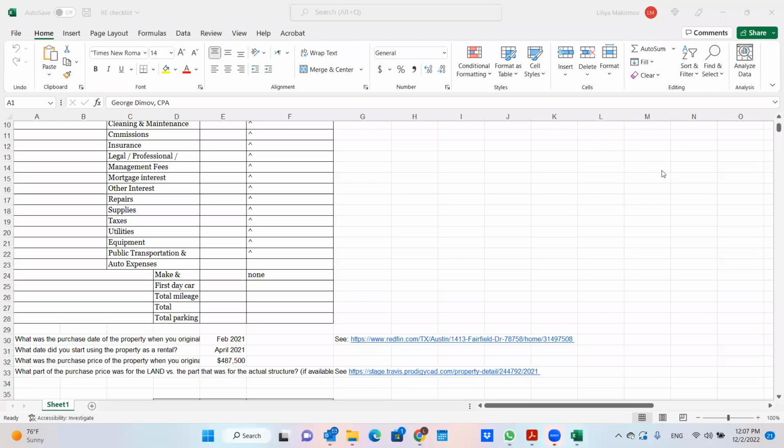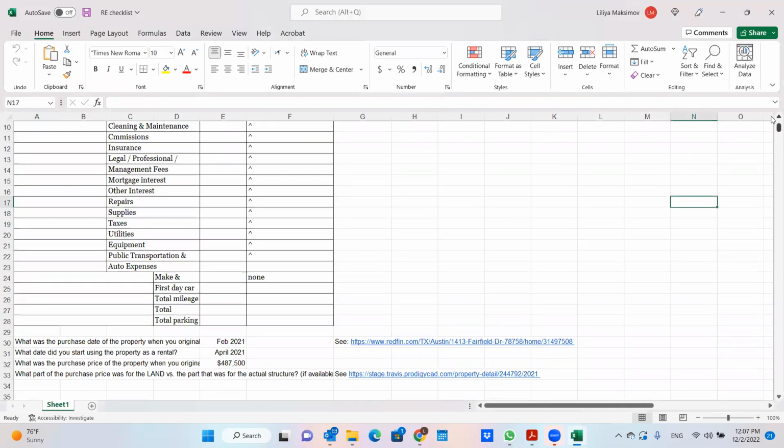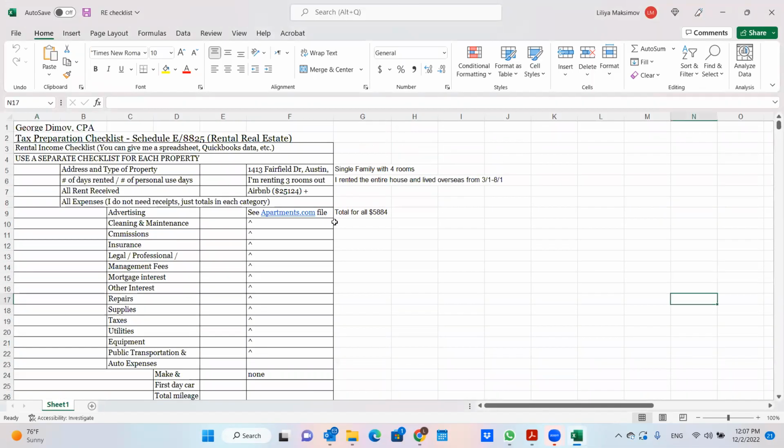All right. So in this case scenario, what we're going to look at is the rental property. With the rental property, there are a few things that we need to know. The most important thing I would say about the rental property,